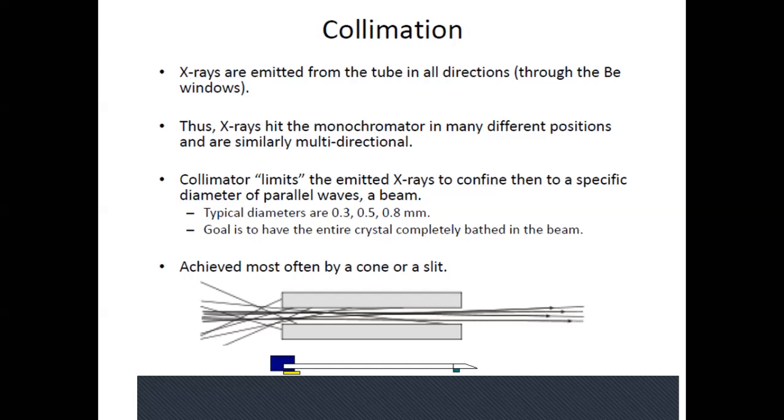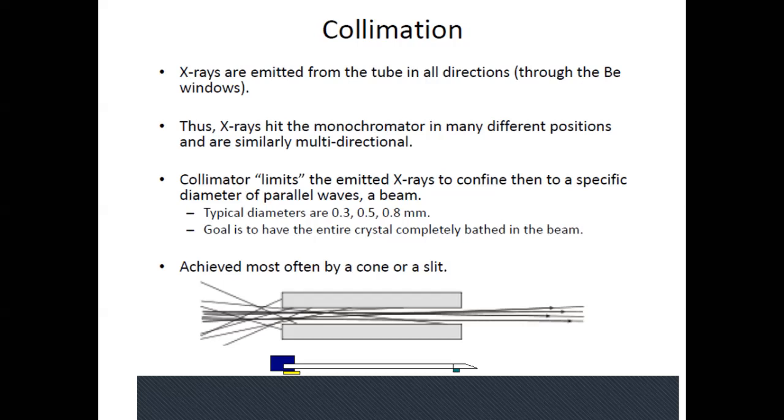And it's the collimator that dictates the size of your crystal, because the collimator is what sets the size of the X-ray beam that strikes the crystal in your diffraction experiment. There are many different types of collimators. 0.3, 0.5, and 0.8 millimeter collimators are common ones. So if we use a 0.3 collimator, that means our crystal cannot be bigger than 0.3 millimeters in any direction. So we have to cut the crystal to fit inside the entire beam. We don't want a crystal that is bigger than the beam,